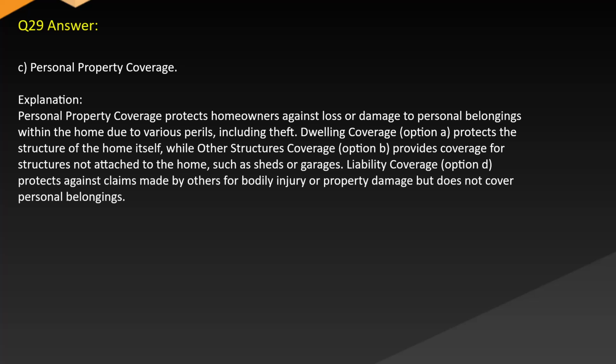Explanation: Personal property coverage protects homeowners against loss or damage to personal belongings within the home due to various perils, including theft. Dwelling coverage, option A, protects the structure of the home itself, while other structures coverage, option B, provides coverage for structures not attached to the home, such as sheds or garages. Liability coverage, option D, protects against claims made by others for bodily injury or property damage, but does not cover